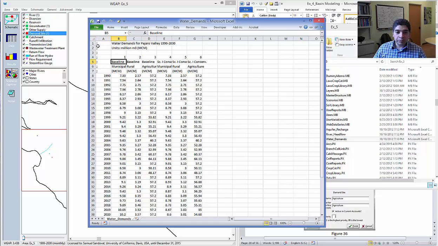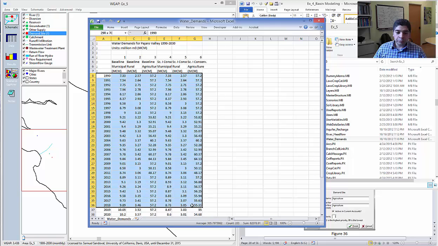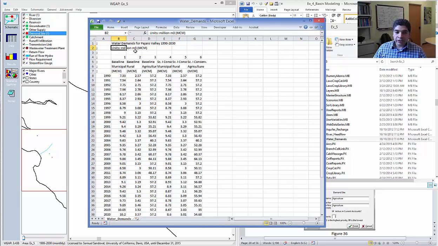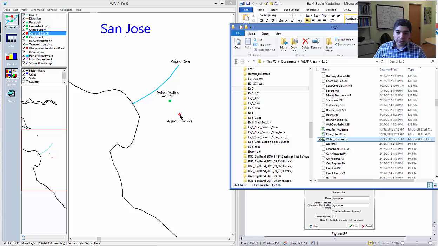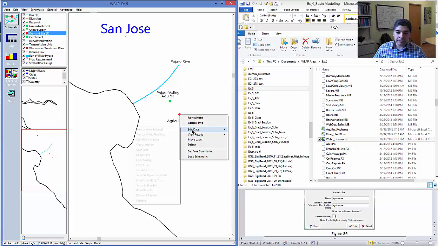Also notice that every time you put a semicolon at the beginning, WIP will not read whatever is to the right of the semicolon. WIP will only read when there is no semicolon, or a number. These are in units of million cubic meters. We're going to declare the first three columns: column number 3 for agriculture, column number 2 for rural, and column number 1 for municipal. So let's close this file and go back to WIP, right click, edit data,